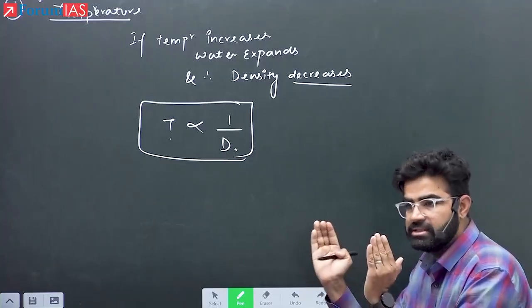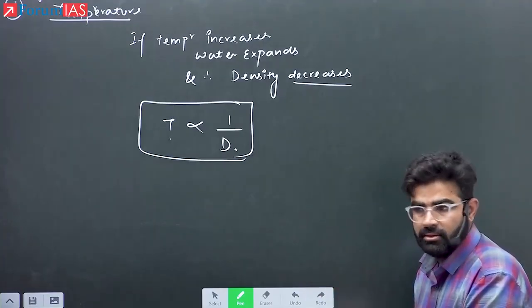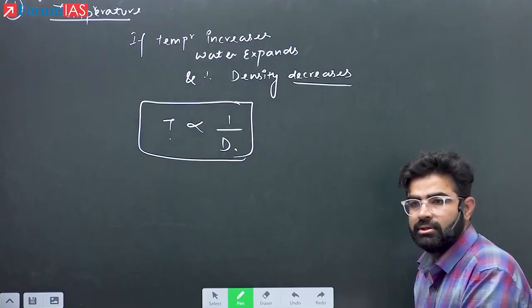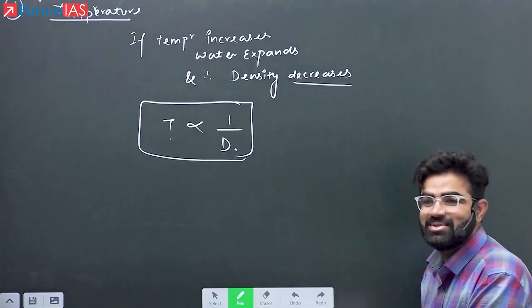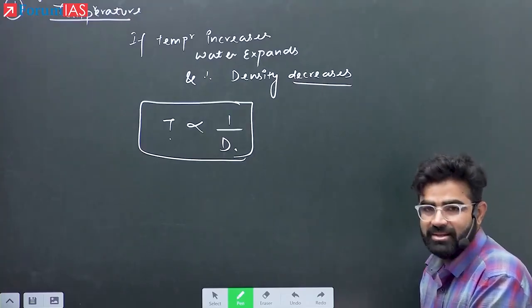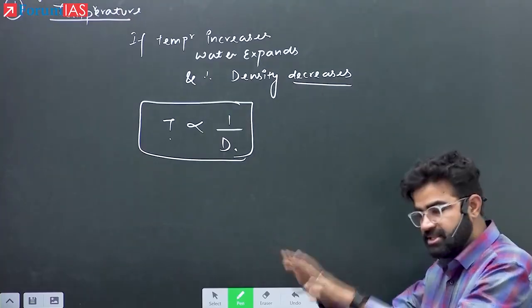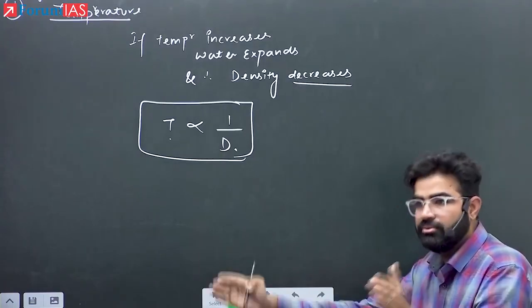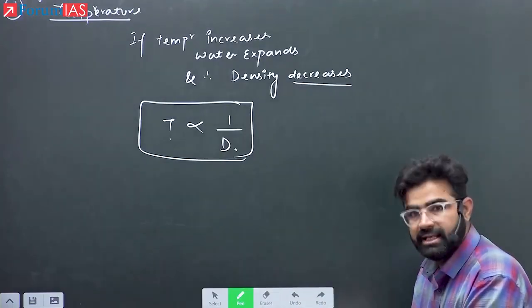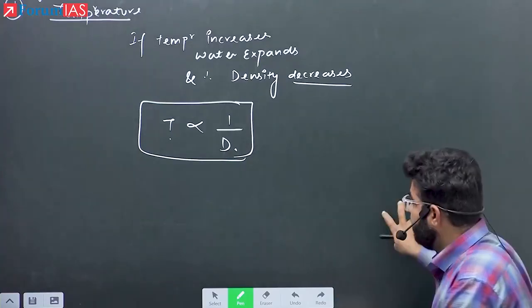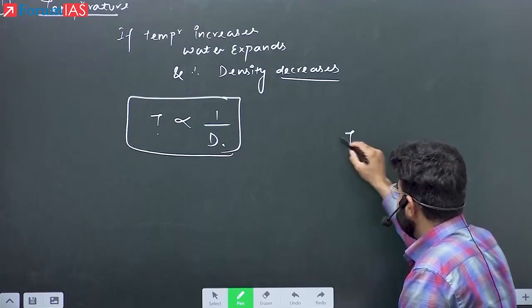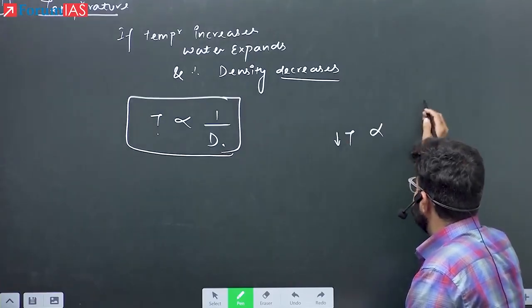Why? Because the molecules are coming closer to each other, and therefore ice will sink or float? Ice will sink or ice will float? That will be determined by many of the things, right? Especially the surface area and the volume of the water which is displaced by the ice. Otherwise, ice is heavier and denser. समझ में आया? Now what happens is, if I am decreasing this temperature, obviously it is resulting into